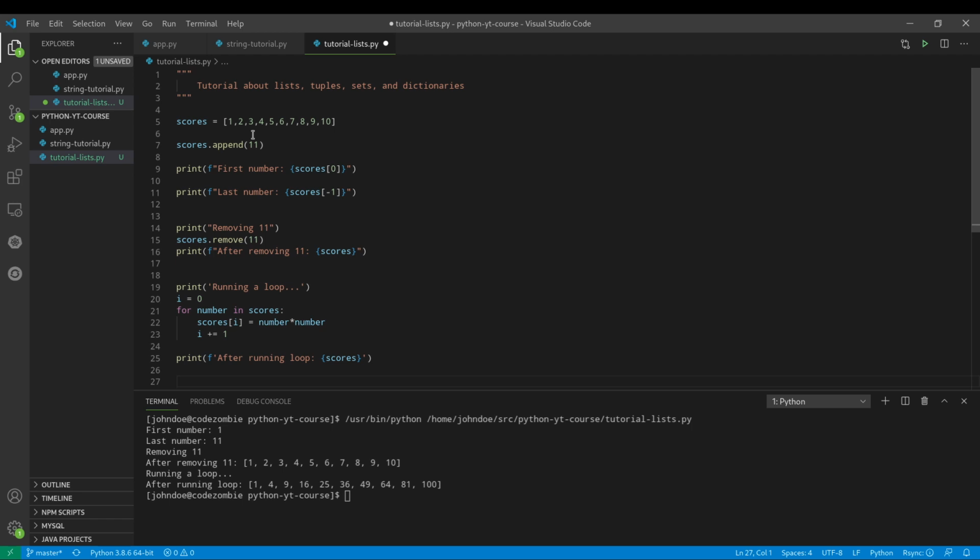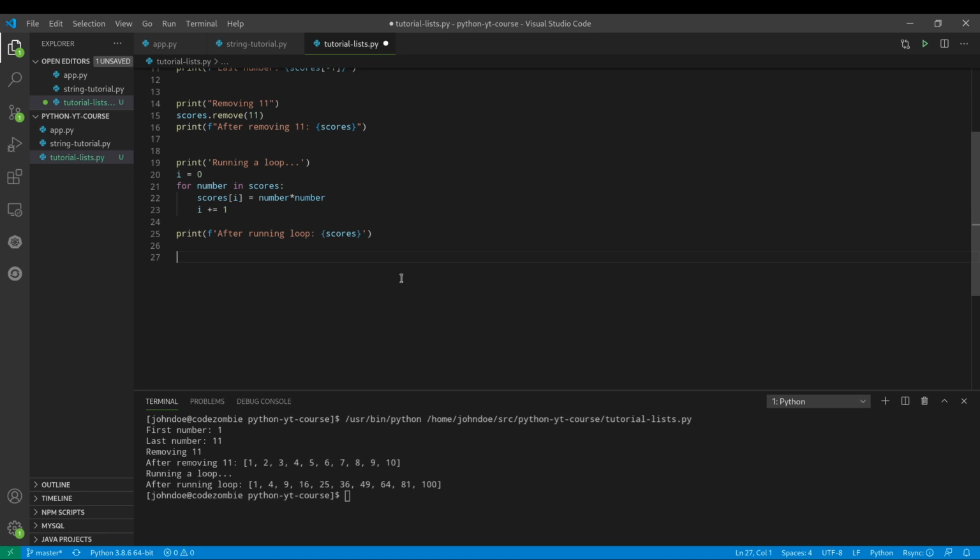You can use heterogeneous data types, like I can have a string among these integers, or I can have a float among these integers. So I add some other non-homogeneous data types